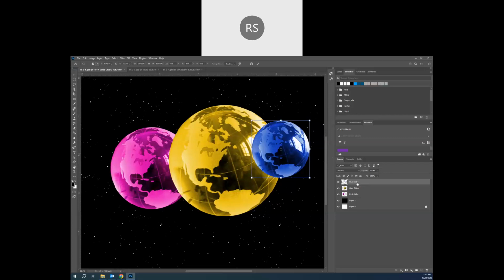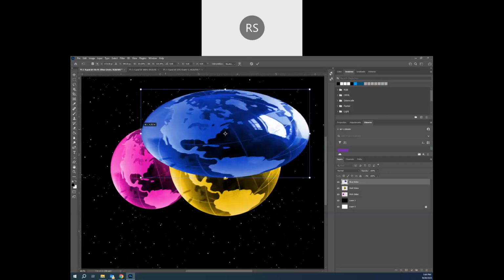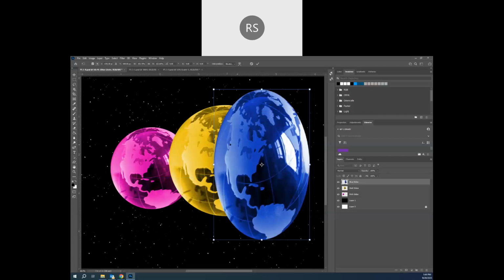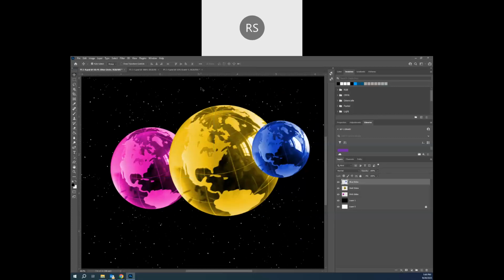Now I can go to my transform tool by using Control T. You'll see a bounding box with these 8 sizing handles appear around it, and you'll notice that my mouse pointer changes as your mouse moves around the image. For right now, I am set to rotate, where if I click and drag, it's going to rotate this. When I have the double arrow, it allows me to change the size of my image, and depending on where I'm at,